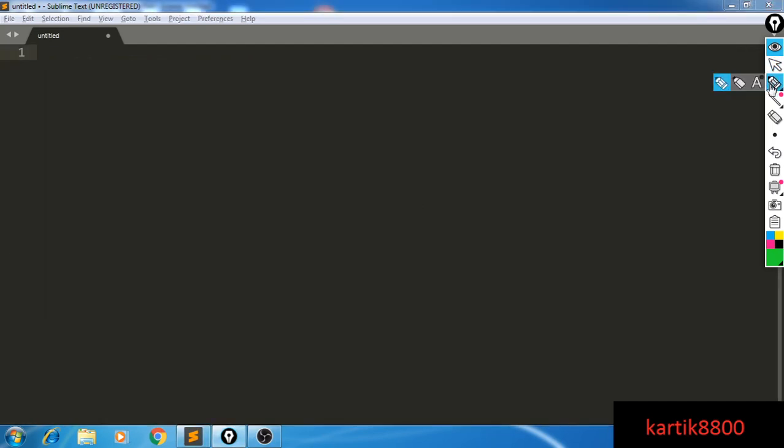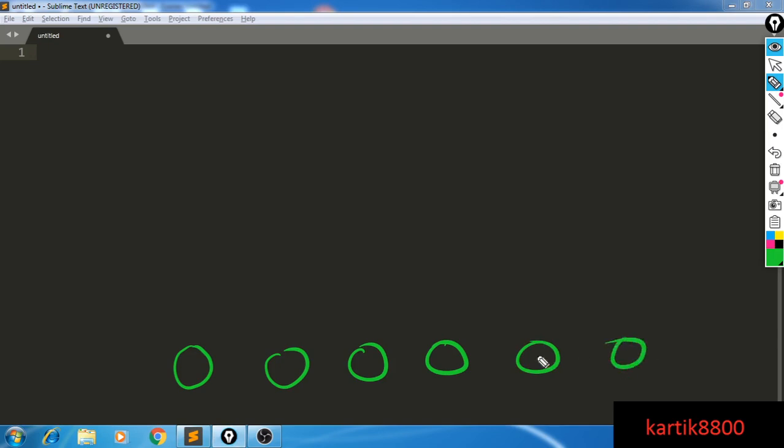I'll be using some simple XOR properties and basic ideas to solve the problem, and hopefully you will be able to understand it easily. So initially I had this array. This was A1, A2, A3, A4, A5, A6, something like this. Let's say I had this particular array and these were the initial elements A1, A2, A3, up to A6.